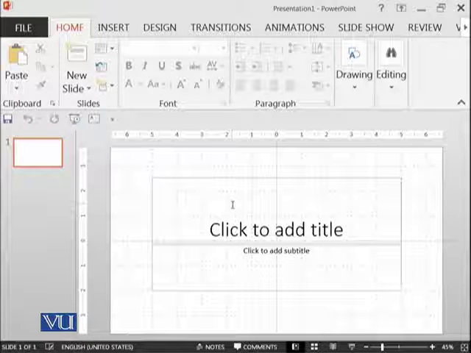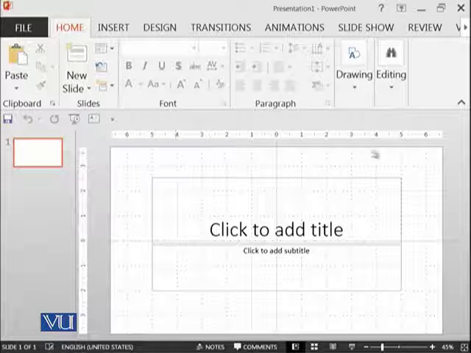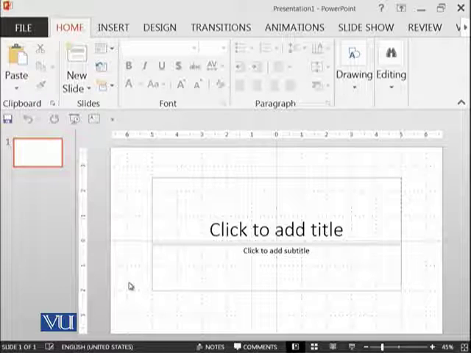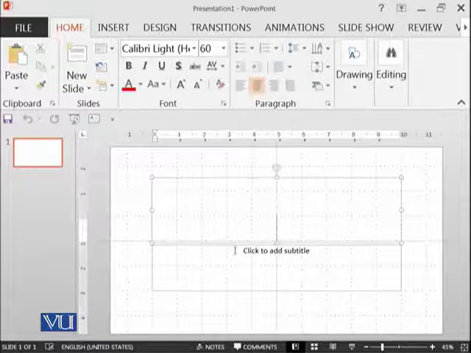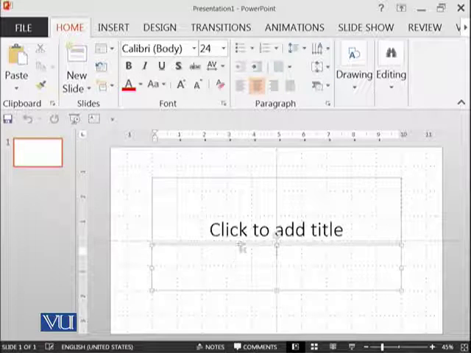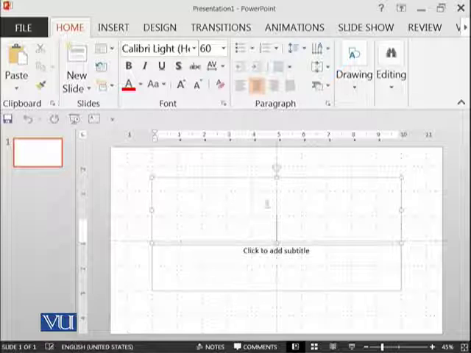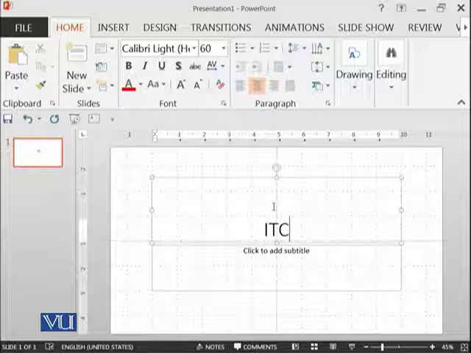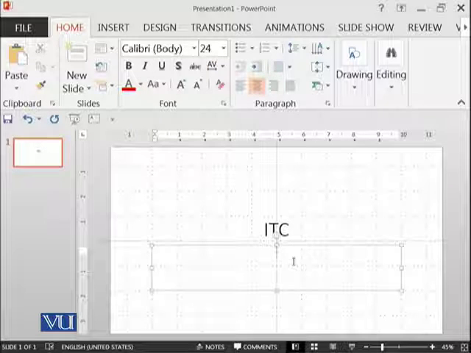Here you can see that this is the main slide on which you can add whatever you want. And these are different placeholders. You can add some text over here, for example, ITC, and some subtitle.